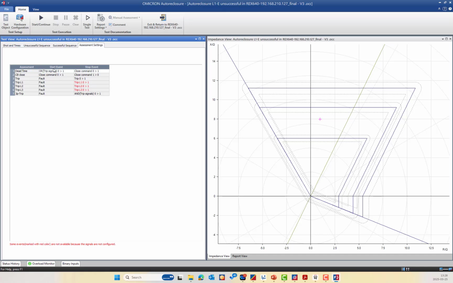So the dead time will be initiated from the trip signal up to the close command changing from 0 to 1. Here is the dead time. And then the circuit breaker close time will be assessed from the close command from 0 to 1 up to the close command from 1 to 0. This is the CB close command duration. Also, the trip will be assessed, starting from the fault inception up to the trip contact changing from 0 to 1. And many more, trip L1, trip L2, trip L3,